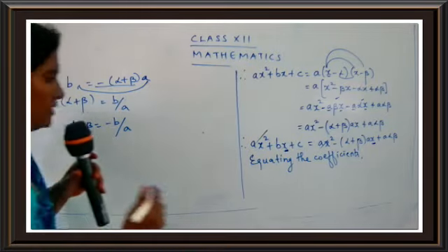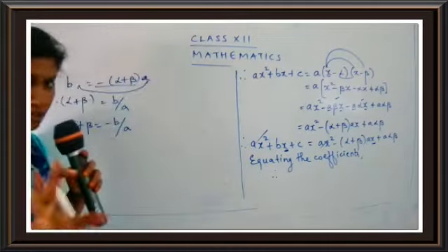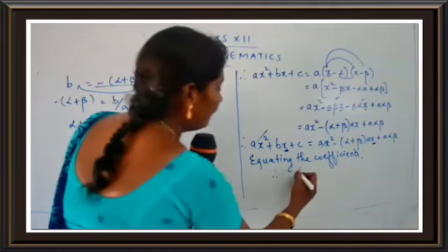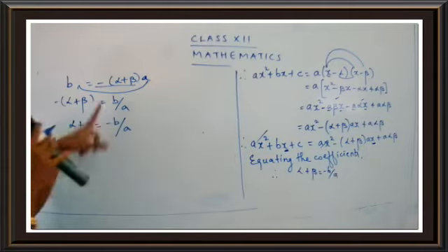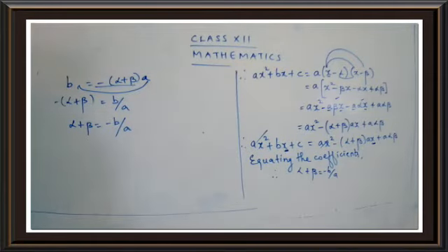So write down here, therefore, when you equate the coefficient, you get alpha plus beta is equal to minus b by a. You can just do this work in the rough column, children. Write down alpha plus beta is equal to minus b upon a. So we have just found the sum of roots. Now let us go for the next one. You see here one more term.